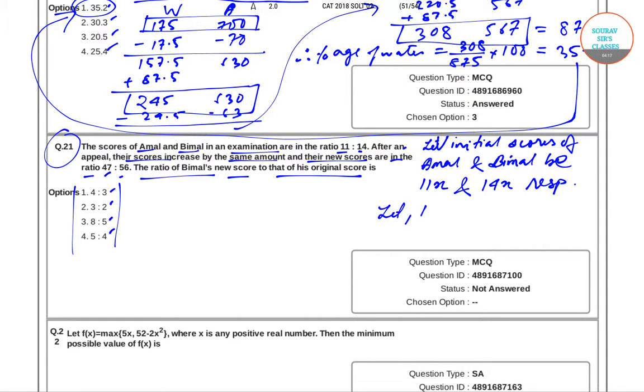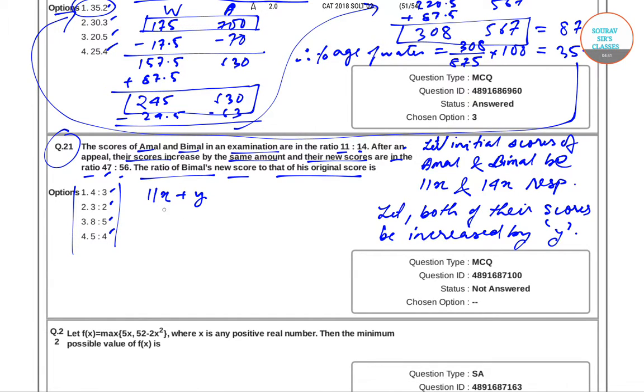Let both of their scores be increased by, suppose, y. In that case their new scores, Amol's new score will be 11x plus y, and Bimal's score would be 14x plus y, and the ratio of these scores is equal to